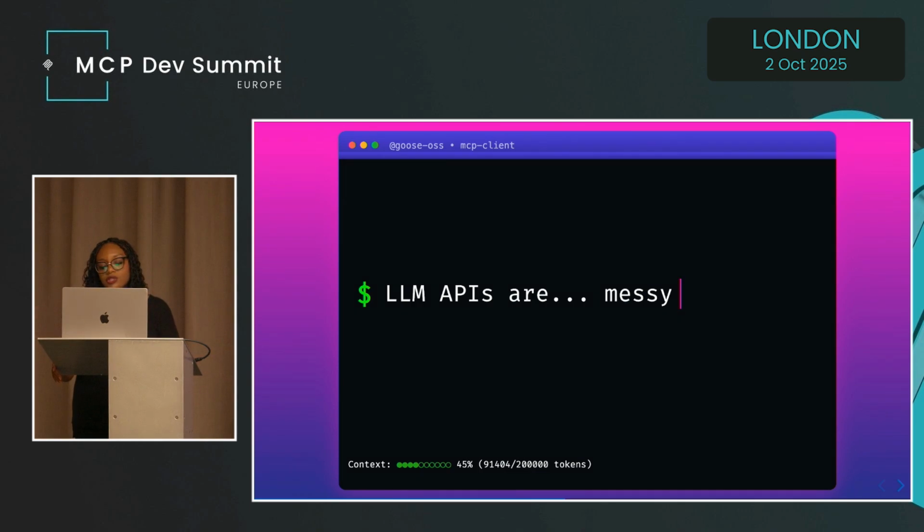Anthropic introduced a structured format to unify tool use, but then Gemini shipped their own flavor. Meta went a completely different route. So every provider has their own different quirks, different message shapes, different tool calling signatures, different reasoning formats.